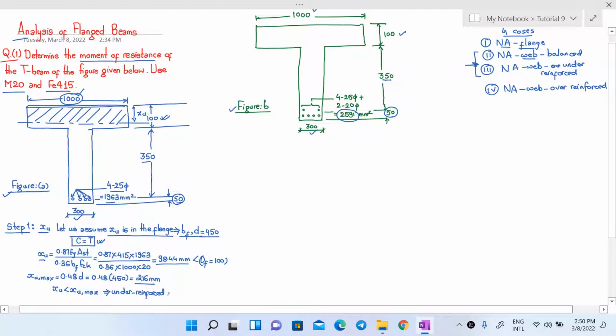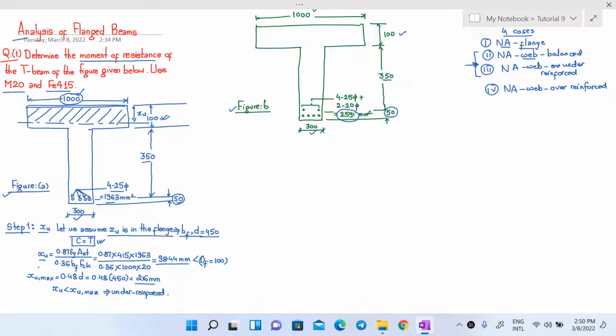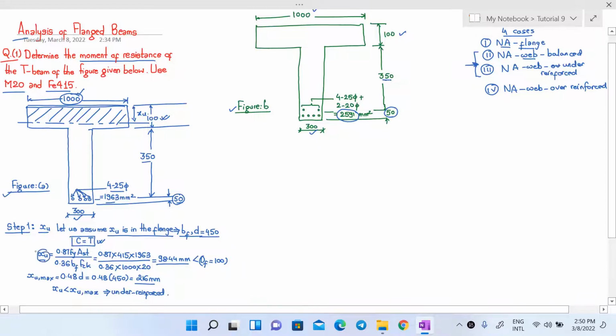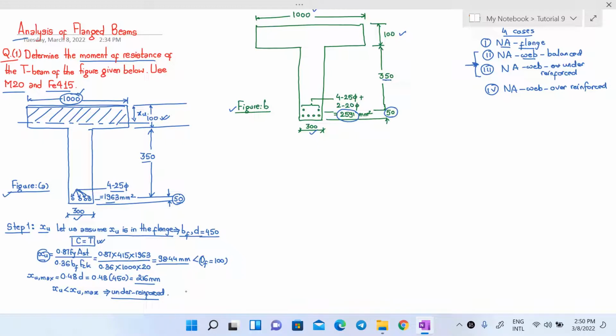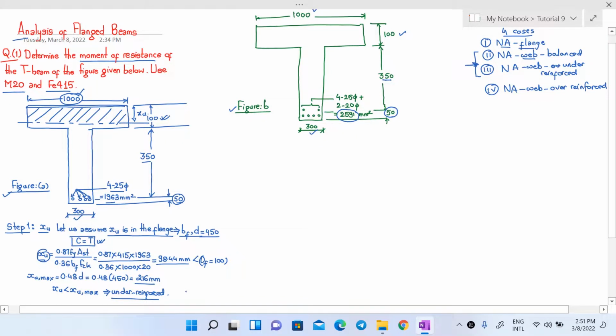So in first step, we determine the Xu. Now this is our simplest case. We know the value of Xu. We know that it is under reinforced. Now we can directly find the moment of resistance. So in the second step, we are going to find the moment of resistance. Step 2, we will determine Mu. And the value of Mu is given by the formula